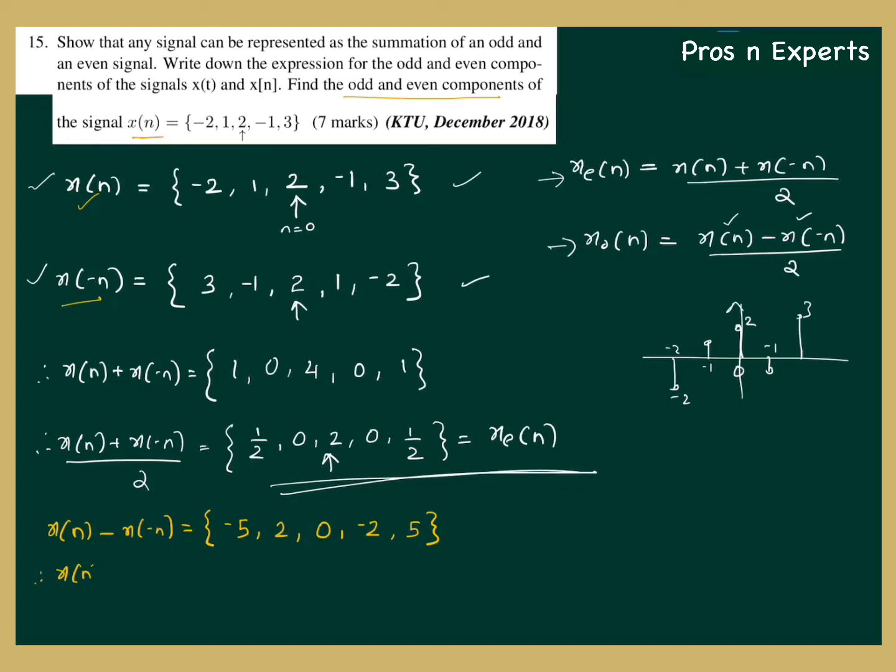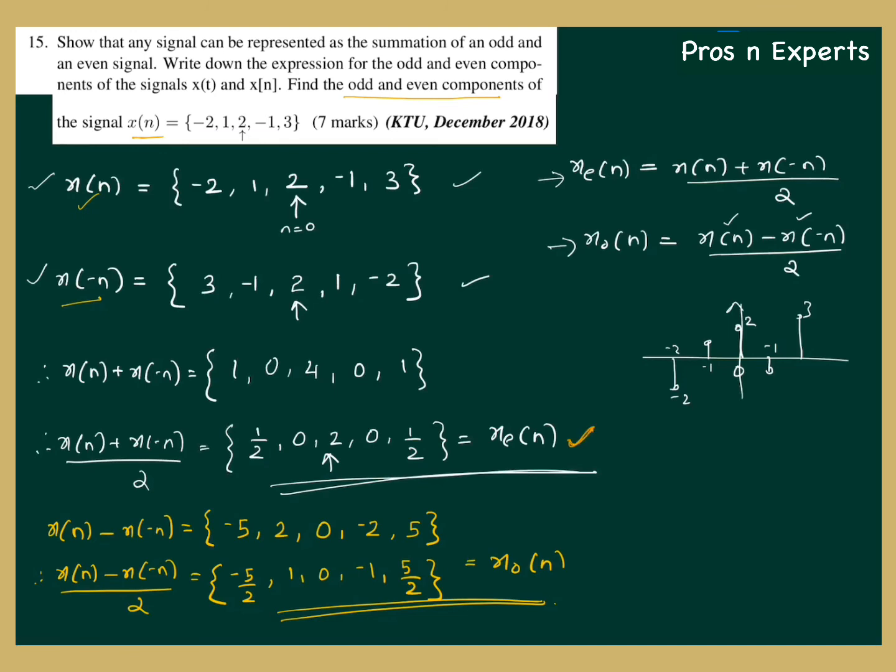We have to find x of n minus x of minus n whole by 2. That is minus 5 by 2, 1, 0, minus 1, and 5 by 2. So this is our odd component. And before closing, we have to be sure that the even component